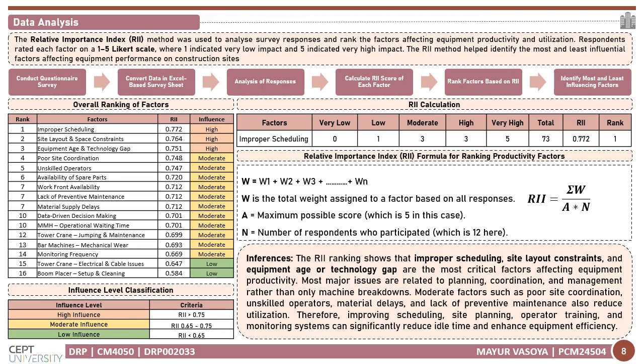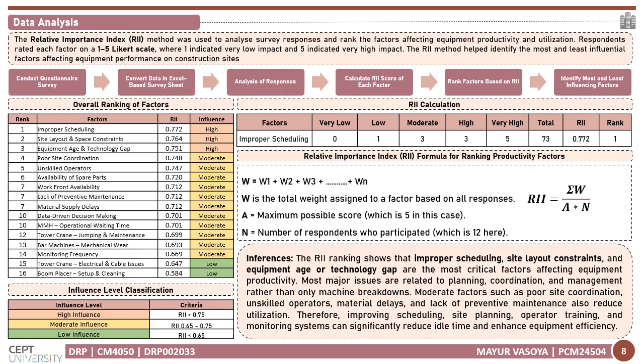The RRI method is useful when survey responses are collected using a Likert scale. It converts the responses into a numerical index, which helps compare the different factors on a common scale. A higher RRI value means that the factor has a stronger influence on equipment productivity and utilization. The RRI formula used in the study is RRI = ΣW / (A × N). Here, ΣW is the total weight assigned by all respondents, A is the maximum possible score, which is 5 in this study, and N is the total number of